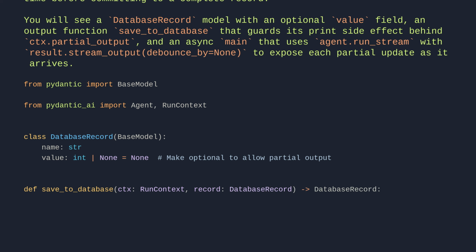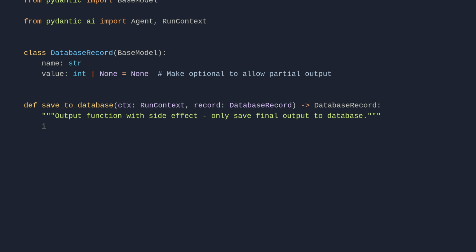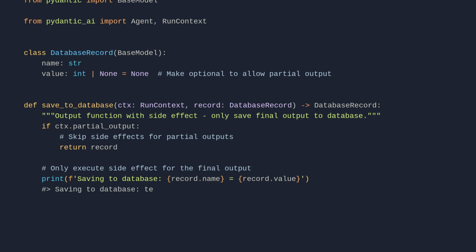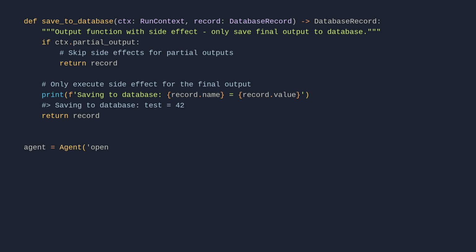Output function with side effect, only save final output to database. If ctx.partial_output: # Skip side effects for partial outputs. Return record. # Only execute side effect for the final output. Print saving to database: record.name = record.value. Saving to database: test = 42. Return record. Agent equals Agent(OpenAI